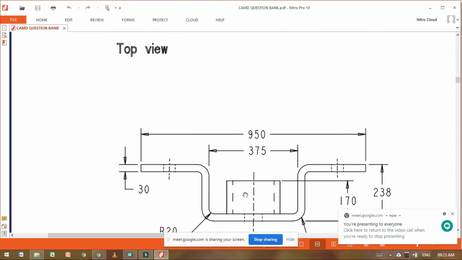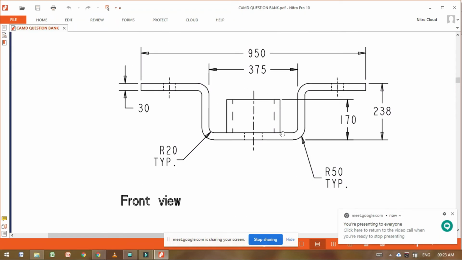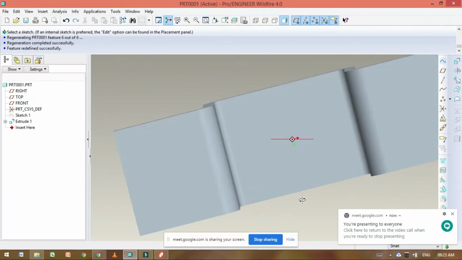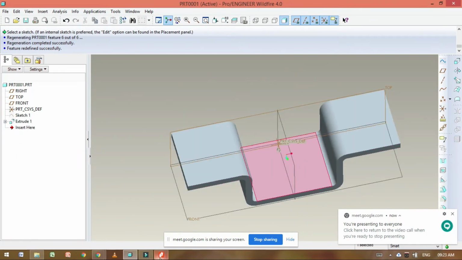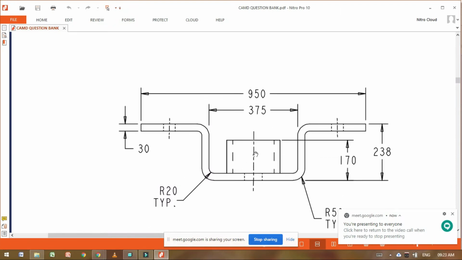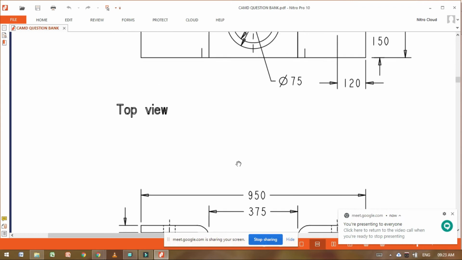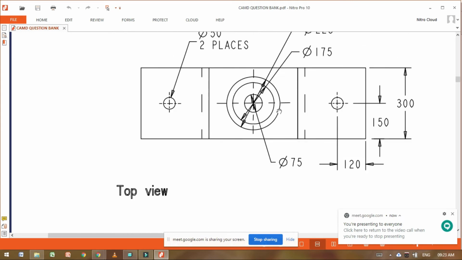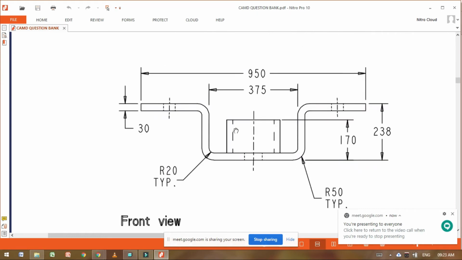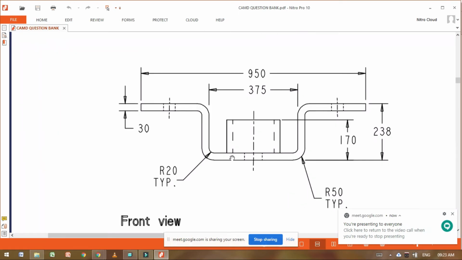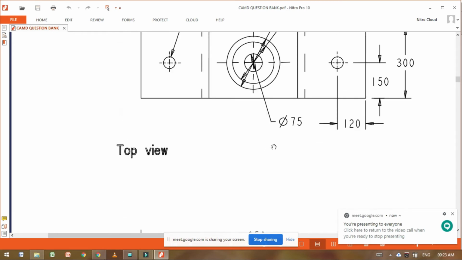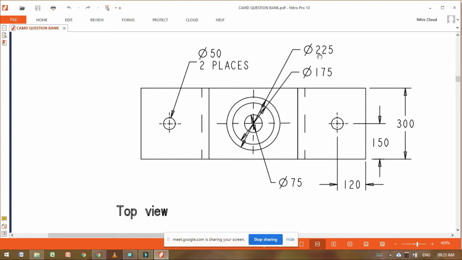Okay, in this drawing, this part is given. This is the cylindrical part on the top of this surface of this part. So go here. Then select this surface. We are going to draw the part on this surface. See, in this drawing, in the front view, this part is given: a cylindrical part on the top, and the top view of this cylindrical part is separate. We can see here, and the diameters are given. See, 575 means this hole inside the previous part. Then there is a cylindrical part on the top. Diameters are 175 and 225.